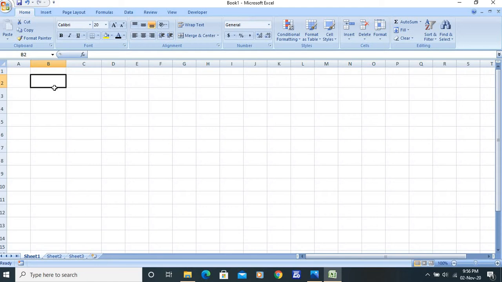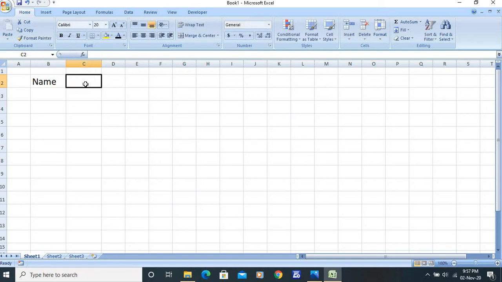Now I have to enter. I am positioning my pointer on the B2 cell and typing name. Then you can see there are two buttons. One is for enter and the other is for cancel. I can press these buttons so that the value is transferred into the cell, or I can use the keyboard also, as Enter and Escape. This is equivalent to the Enter key of the keyboard, and this is equivalent to the Escape key. So I press enter, and the value is transferred into the cell.